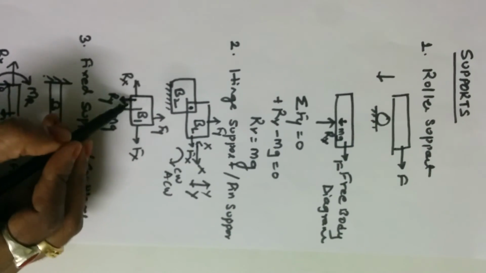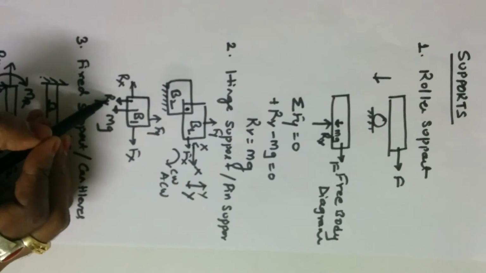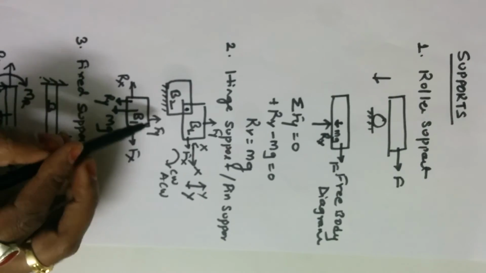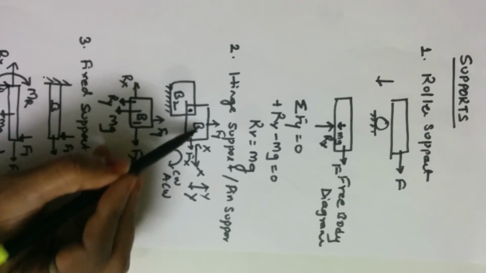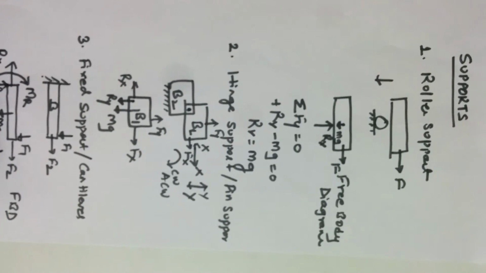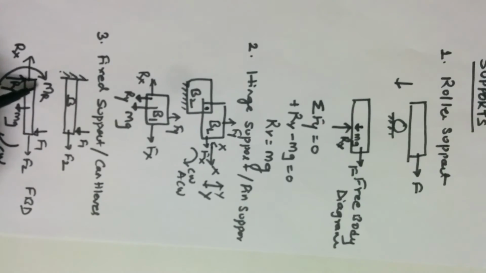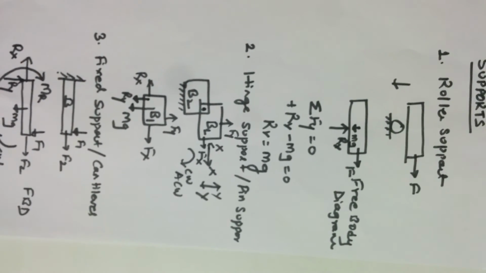As you can see, in hinge support there was again the x reaction force and y reaction force, but there was no moment, because in hinge support the body was allowed to rotate with respect to the other body. However, in the fixed support, this body is not allowed to rotate. Therefore, there is a reaction moment, which you can see very clearly here.